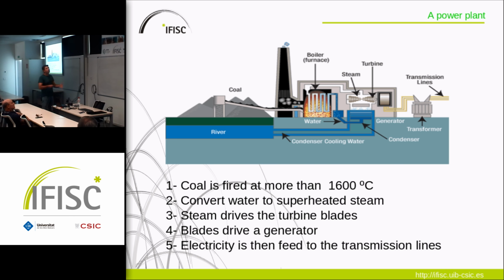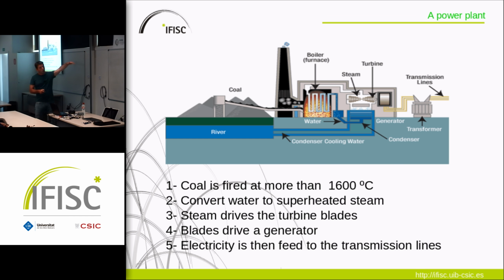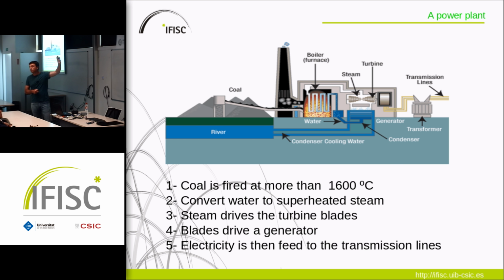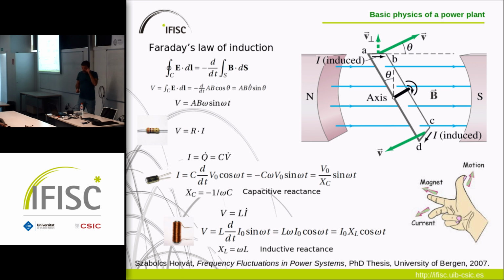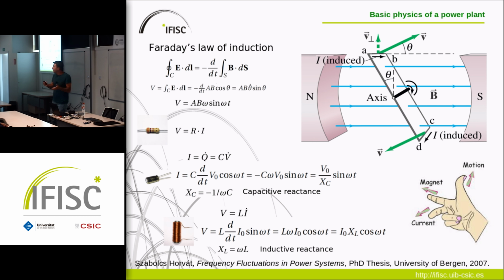So there are some differences, but in general, when I model here, I have in mind something like this: a primary source of energy that makes something rotate. And then you generate electricity, which is fed into the transmission lines. In principle, you have a lot of electromagnetism involved here. But I'll show that this is actually not essential for what follows. But essentially how it works,